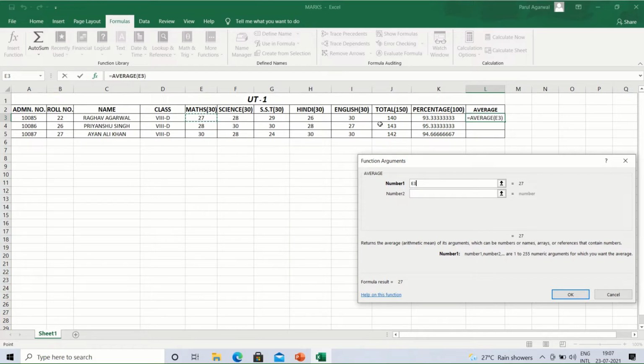So all together we can use a colon in between. So we will give here a colon and I3. As soon as we give I3, we'll click on OK.